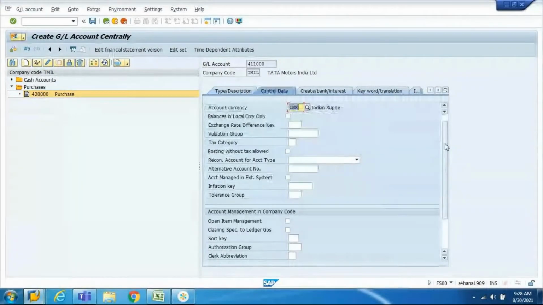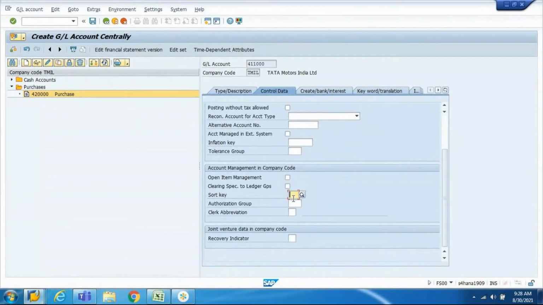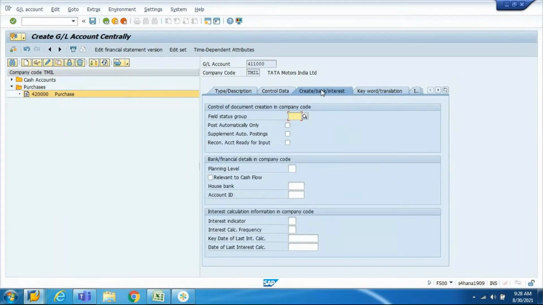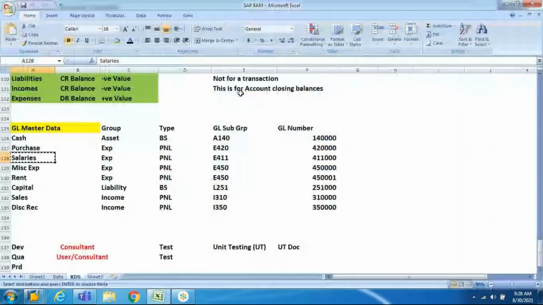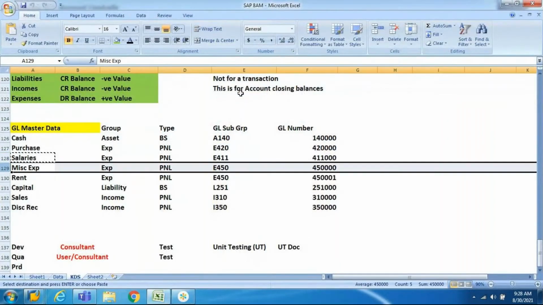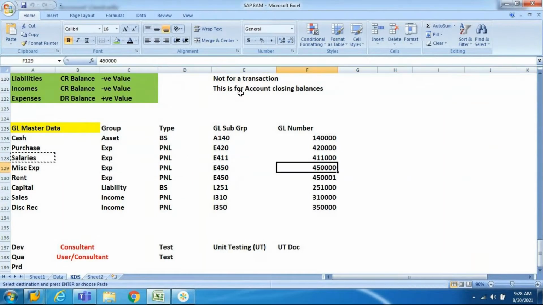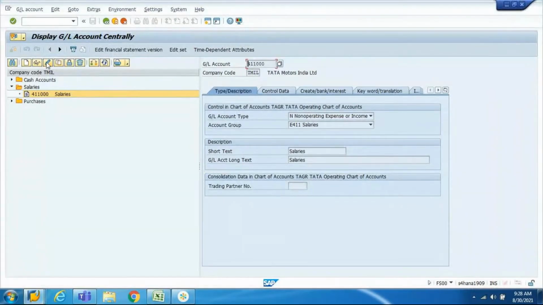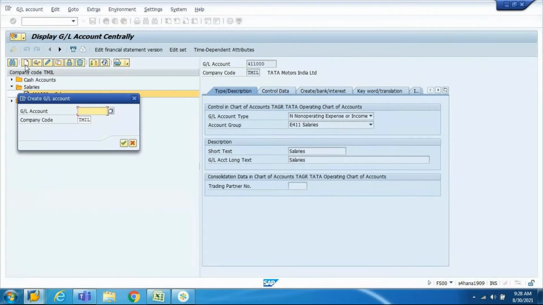control data, only soft key 001, create a bank interest G001, save it. Clear? Clear, right? Now because whatever you have, everything is here on the Excel sheet. It is as simple as like you're doing a data entry. Click on create, give the GL account,